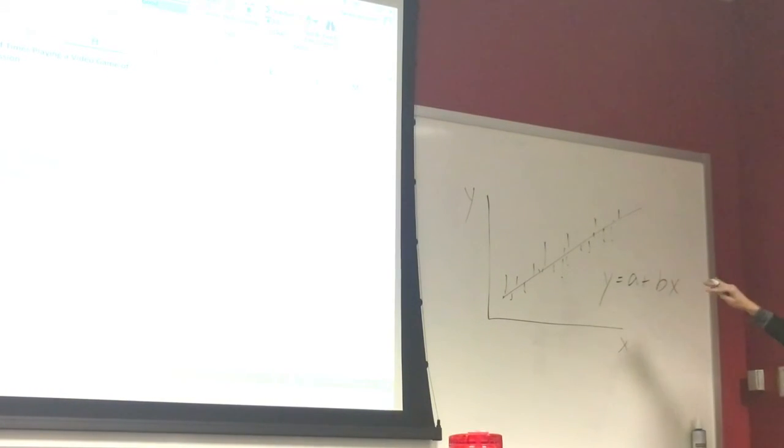Then it describes this relationship between these two, and can also be used for predicting. Because if you know the slope and the intercept, you can plug in an x, number